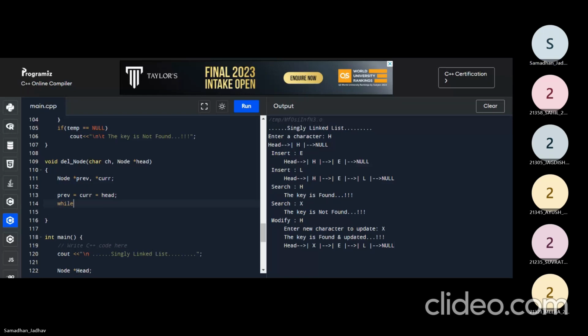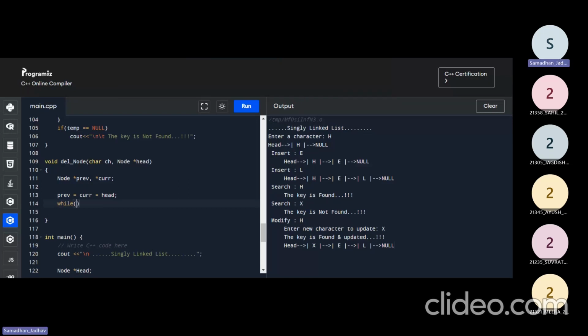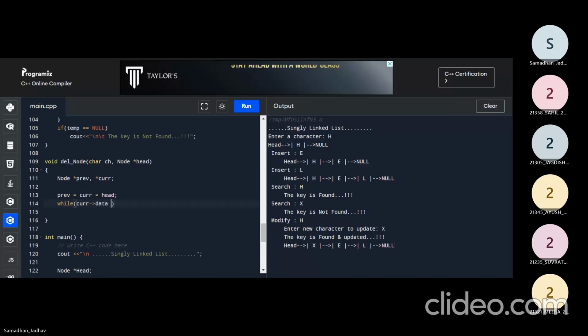So while current, search for current arrow data. Actually we have to start from head, so we are starting from head. The head's address is in current, so while current is not equal to null, right? So while current is not equal to null,